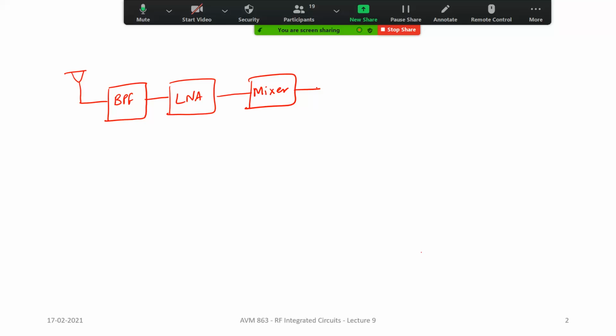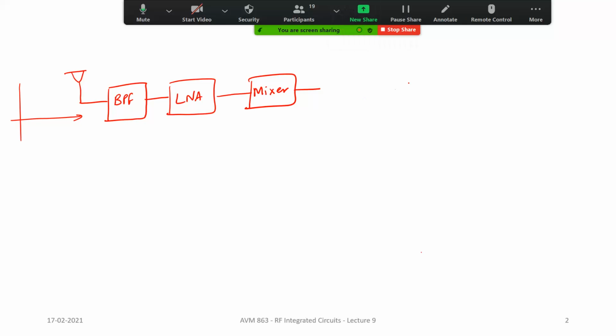There are of course some cellular applications where you try to get rid of this band pass filter, and there are a lot of papers which have come out on what are called SAW-less LNAs, where you basically get rid of the band pass filter sitting in front. The reason why you want to get rid of this band pass filter we'll see right now. Now it is obvious that the spectrum at the input of the antenna is quite wide. Let's say it extends from probably 100 megahertz all the way down to